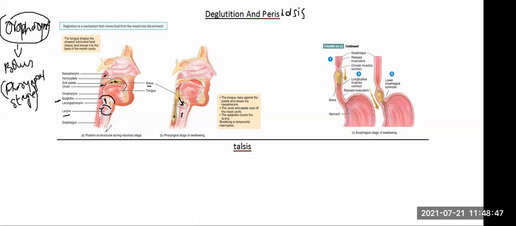Now, when the food is in the esophagus, we know that the esophagus has voluntary contractions. Due to these contractions, it generates waves, right? And it is these waves that will propel the bolus further into the stomach. I have a very nice diagram that you can see here that helps you to understand the movement of